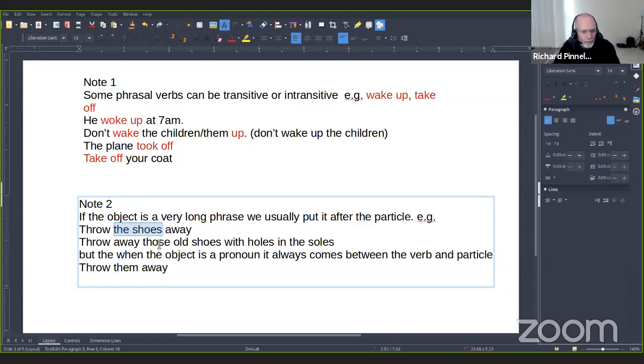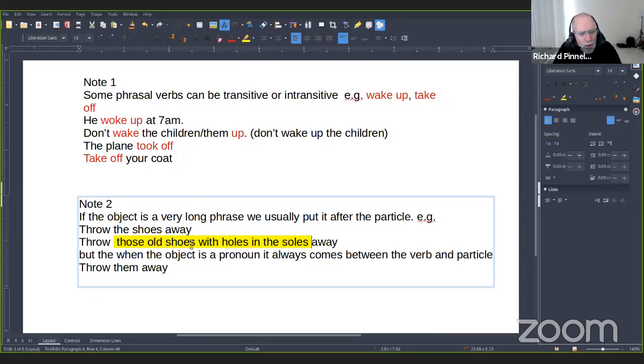But here, those old shoes with holes in the soles, we have 1, 2, 3, 4, 5, 6, 7, 8 words in this object. It's a noun phrase with 8 words. So we wouldn't normally put that there because it's too long. We would have to say, throw those old shoes with the holes in the soles away.